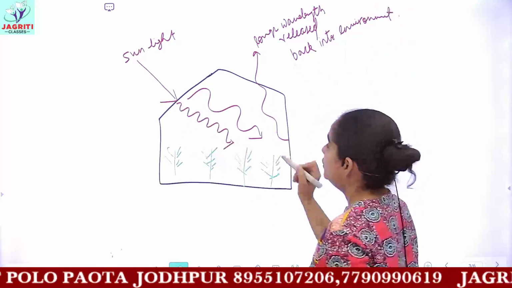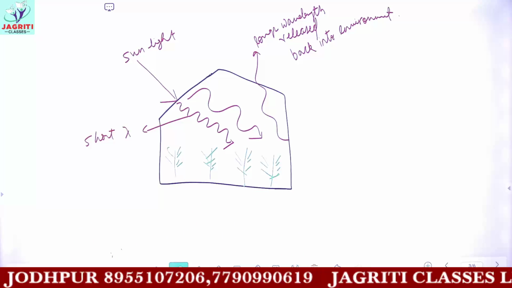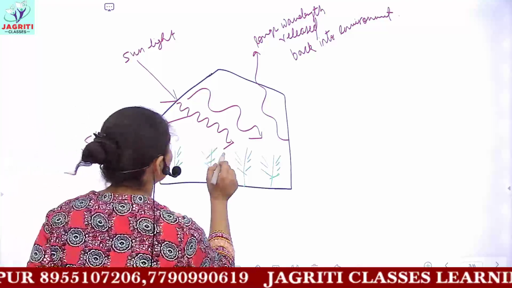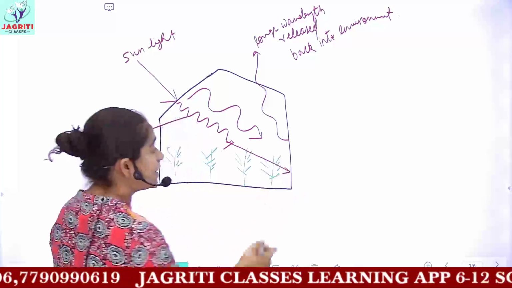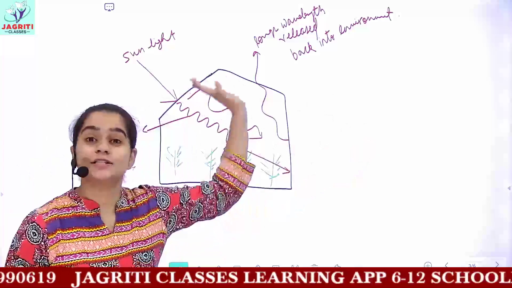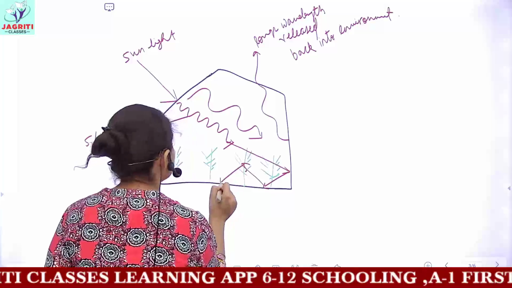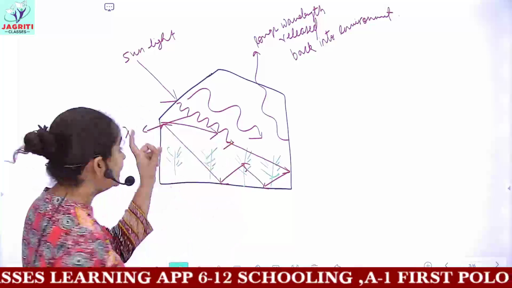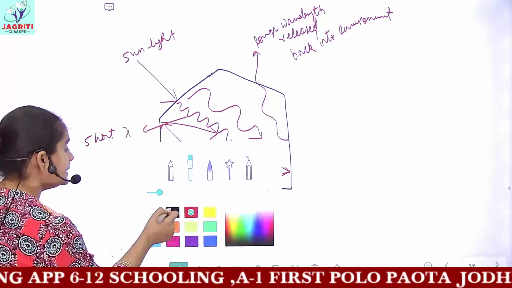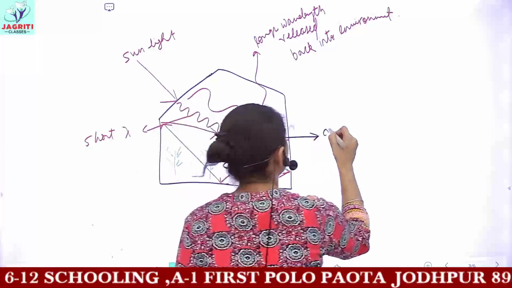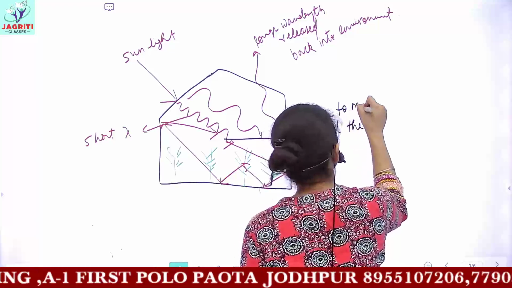Whereas the light which has a short wavelength, a short lambda value, undergoes multiple reflections. Whenever this light strikes the glass, it is not released back outside this chamber, but undergoes multiple reflections in this manner. Okay? And in turn, because it is being reflected internally, all the heat of the sun, due to multiple reflections